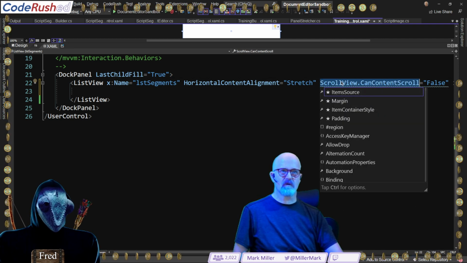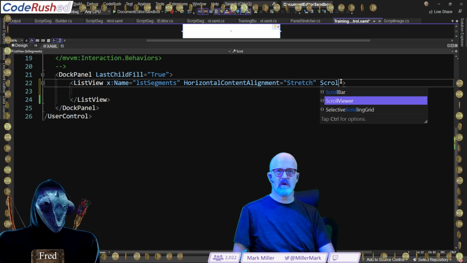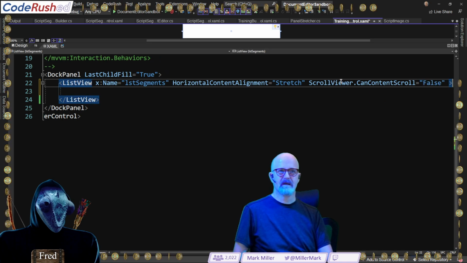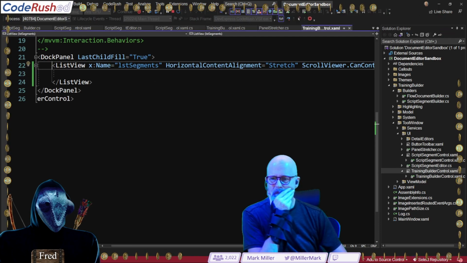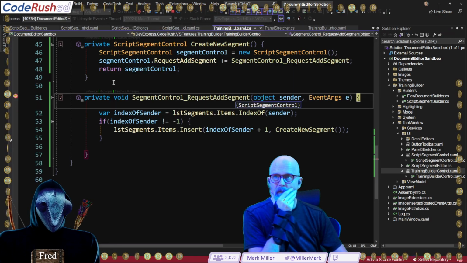What's happening? No scroll view in here? Scroll viewer. There it is. We got it. Okay, there we go. And with luck, this will now allow us to have smooth scrolling between the first and second items, per pixel, as it were, as some have suggested.